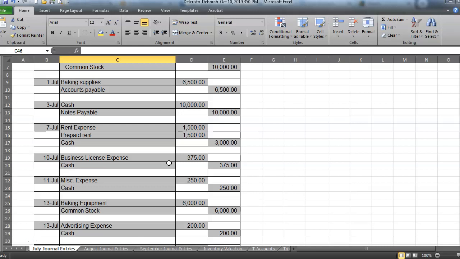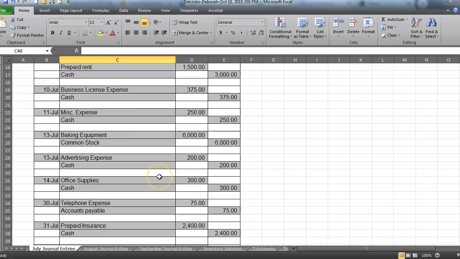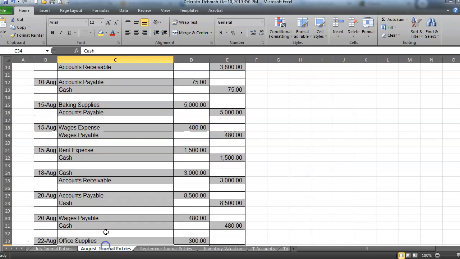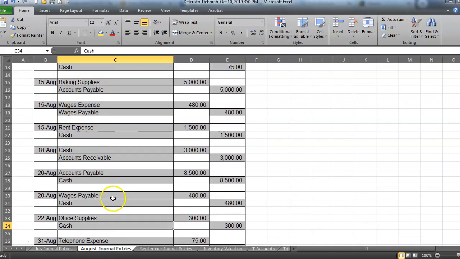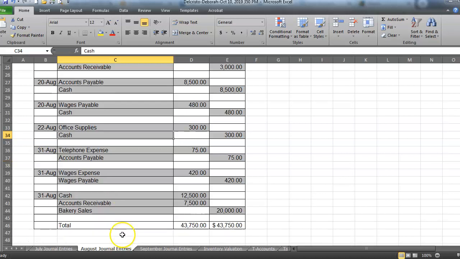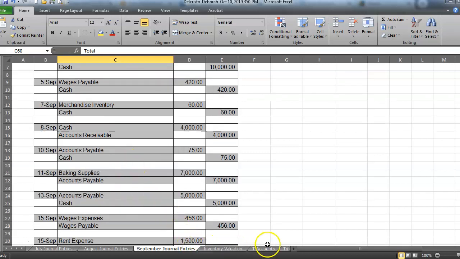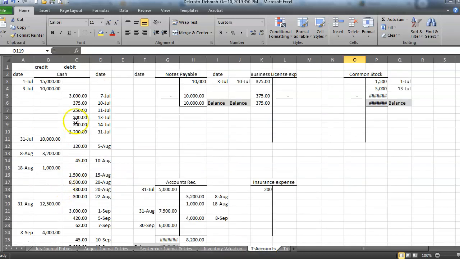I want to say, first of all, very, very well done. I am looking at your journal entries and noted that you've made substantial improvements on that. I've seen each one of the entries, and I'm just going through, as you can see, and I'm not noticing any errors. Very, very well done. I'm impressed with this. But I did notice, however, when you transfer your transactions over to the T accounts, what